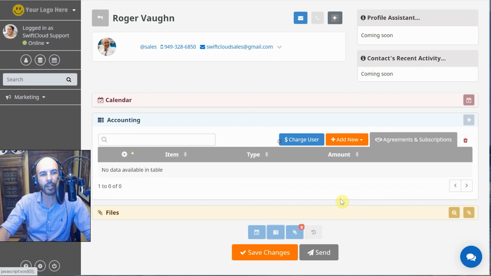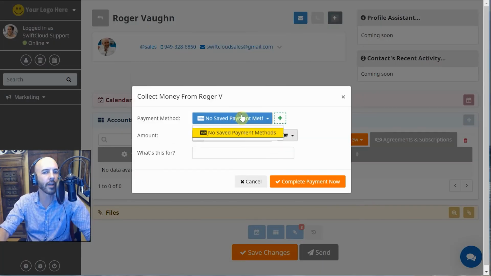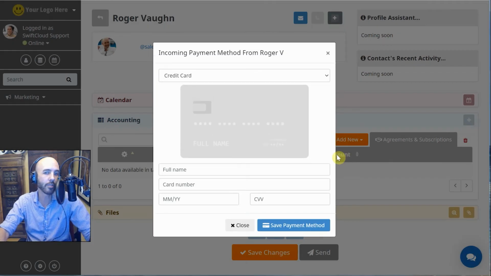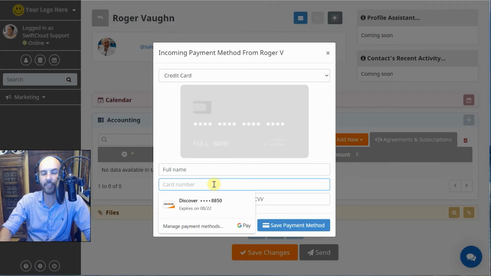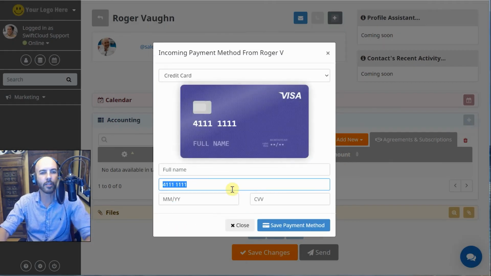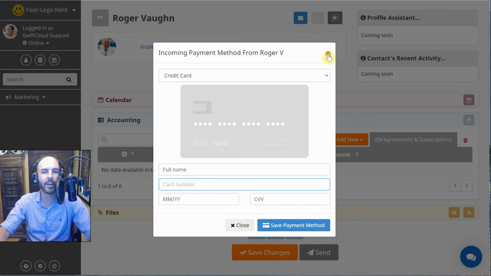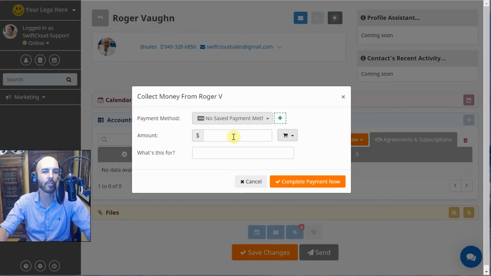Right? So here we have accounting, and that's typically not used for so much accounting as much as it is to charge a user. In this case, I don't have any saved payment methods, but if I wanted to, I just click this, and let's say they give me a credit card over the phone, and it's going to create a preview. I'm going to hit that, save that as a payment method, and then what I could do is come back and say, okay, I need to charge this person,